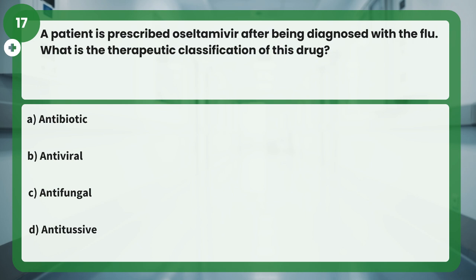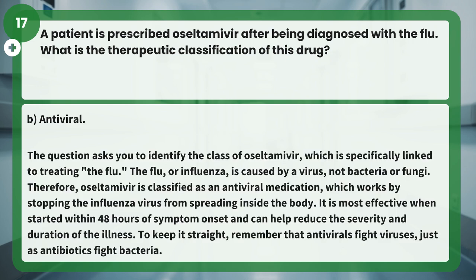Question 17. A patient is prescribed oseltamivir after being diagnosed with the flu. What is the therapeutic classification of this drug? A. Antibiotic. B. Antiviral. C. Antifungal. D. Antitussive. Answer B. Antiviral. The question asks you to identify the class of oseltamivir, which is specifically linked to treating the